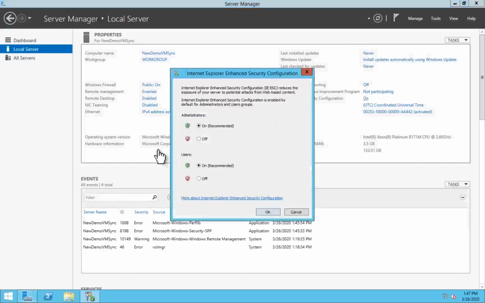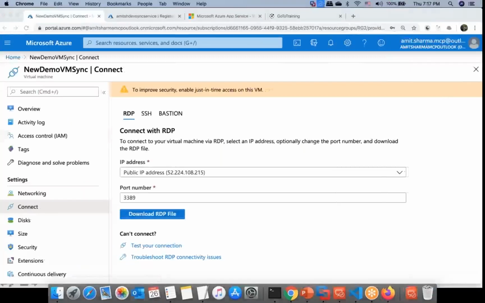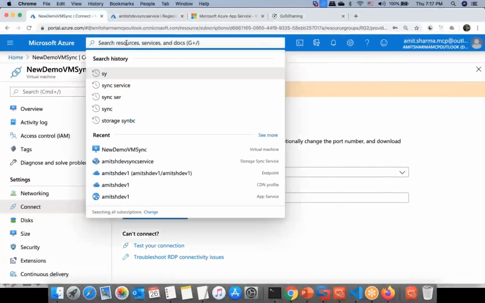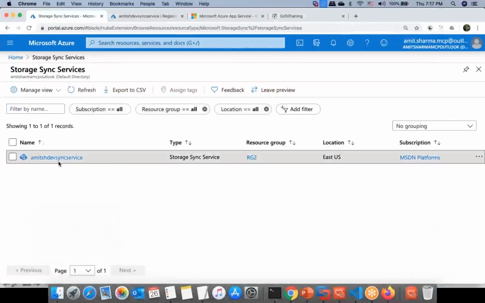This is the on off. I have to set it off. After doing that, I have to open the Internet Explorer and look for the sync service group. When I click onto the sync service which I created,